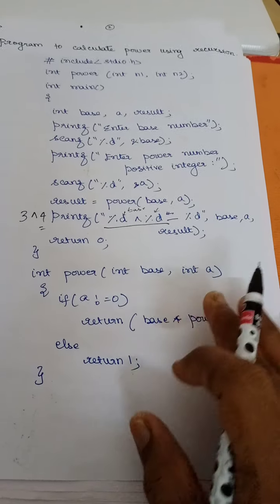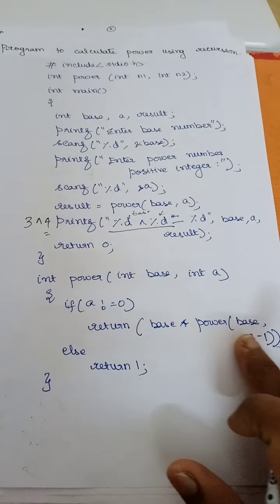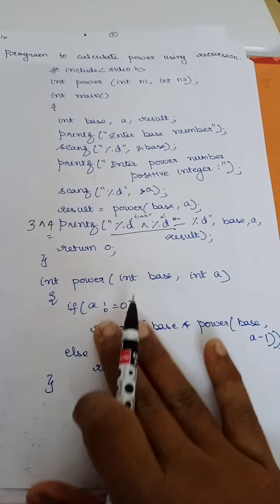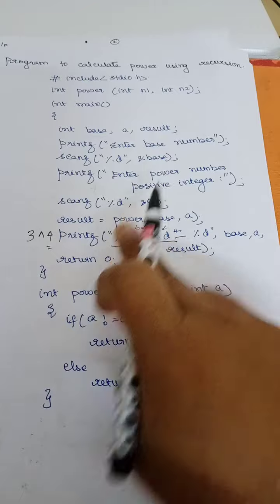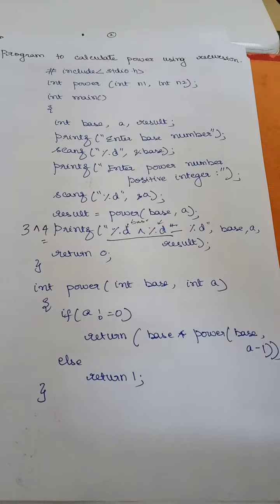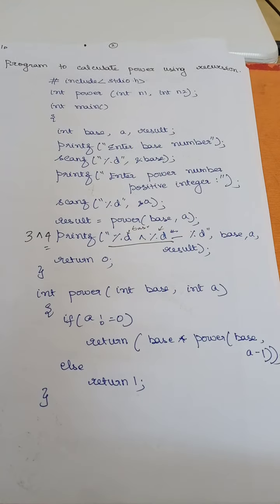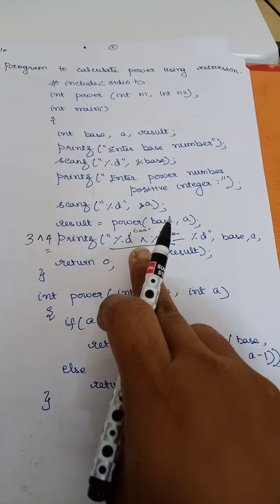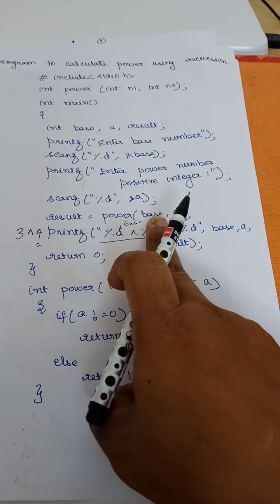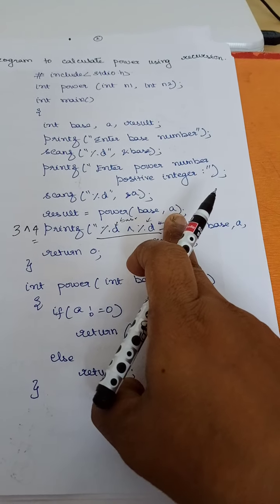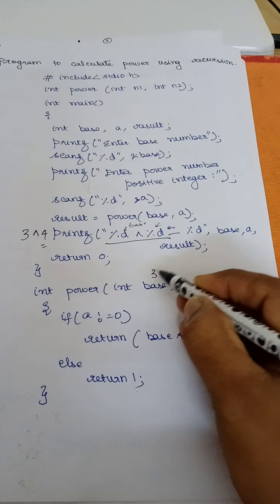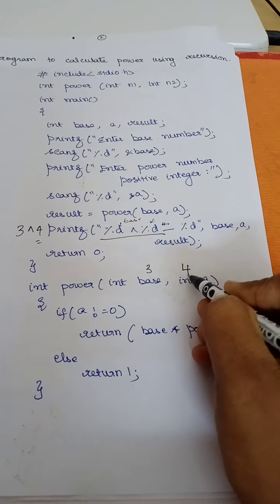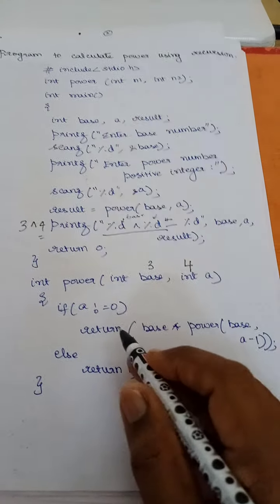In recursion, only inside the function you will have a difference, right? Calling the function, declaration of the function, there won't be any difference. Is that clear? Right. So here I am passing, what is the value I am passing here? Base and a, right? So my base is going to be 3 and my a is going to be 4, right? So these two values are being passed here.